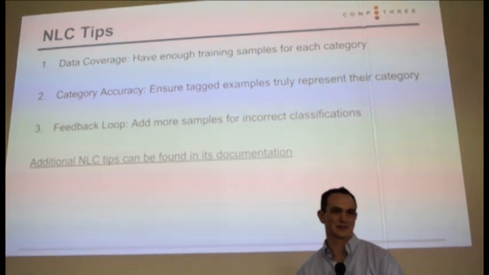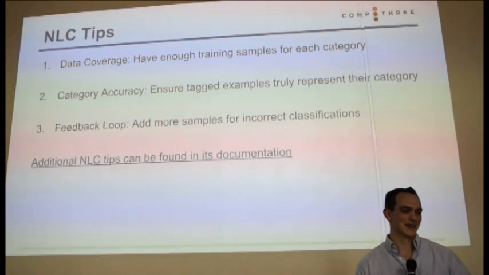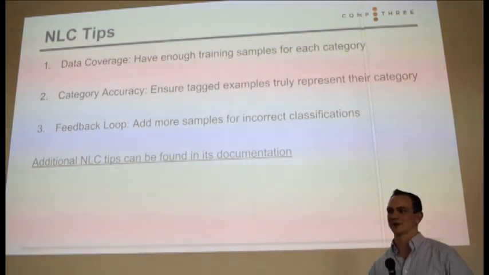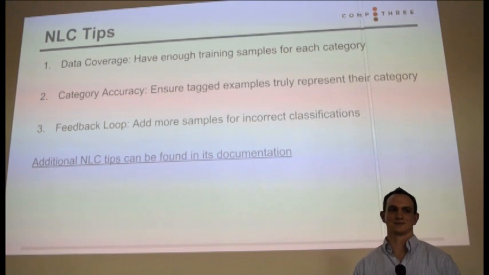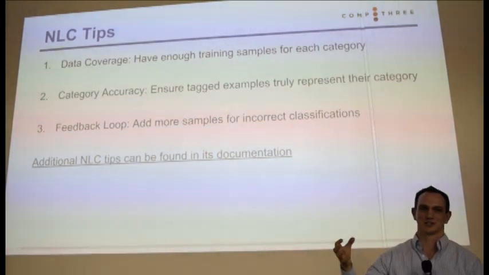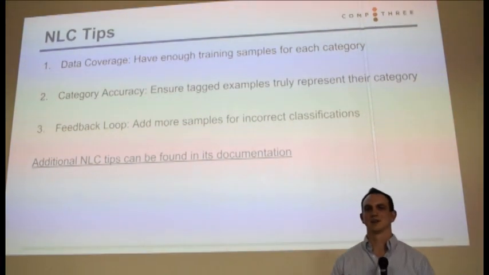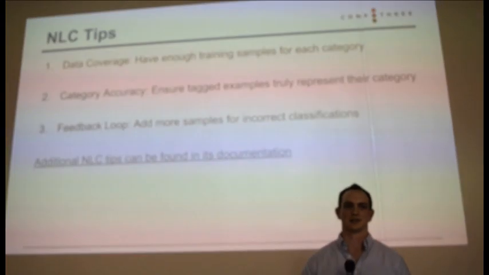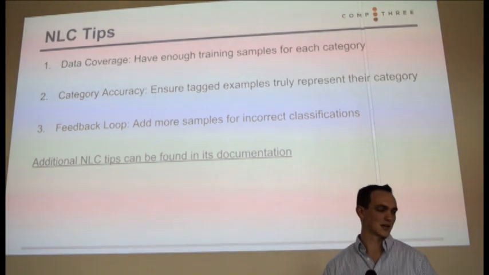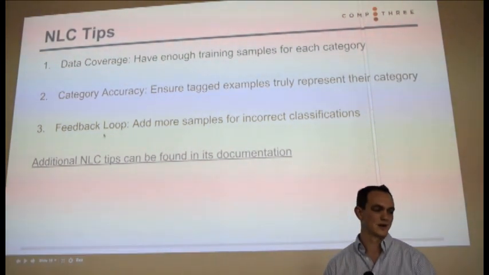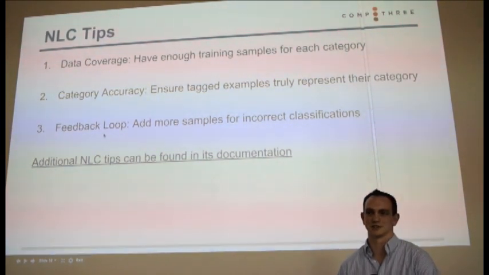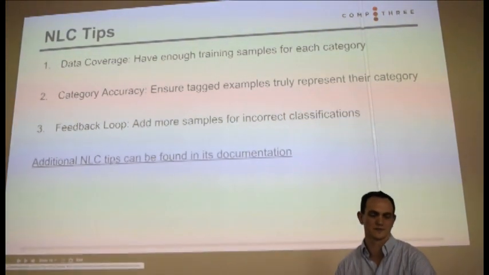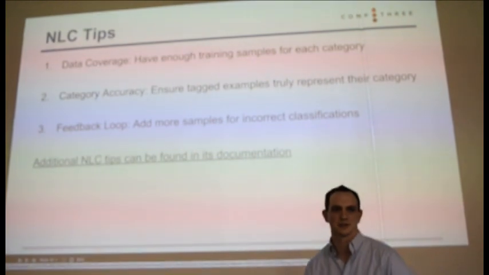And lastly, the feedback loop idea. Kind of touched on this, but the idea is if you have an application where you can ask for feedback from your users, you can then take that correction, feed that back into your system, and because of the way that these algorithms are implemented, it can make use of that and just get inherently better. So over time, if you can create some kind of a feedback loop, that'll be much better for your system as a whole. And there are some additional NLC specific tips you can find in the documentation. So I just put a link here.